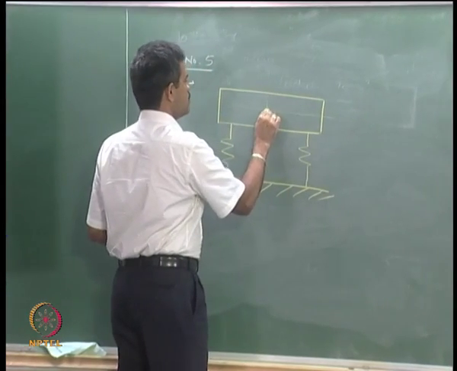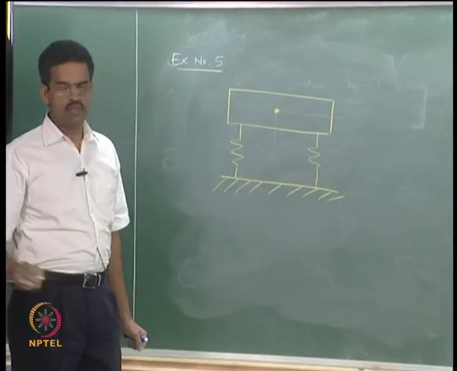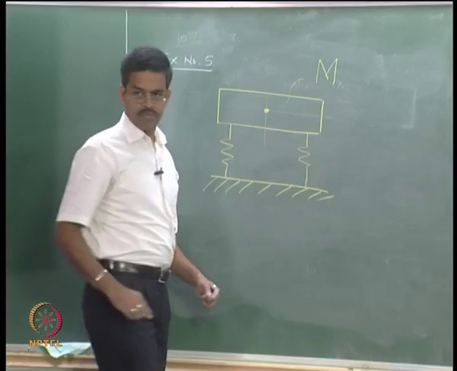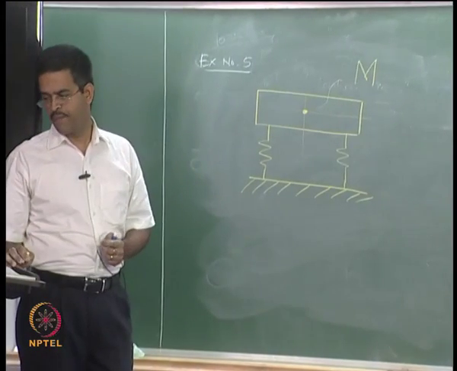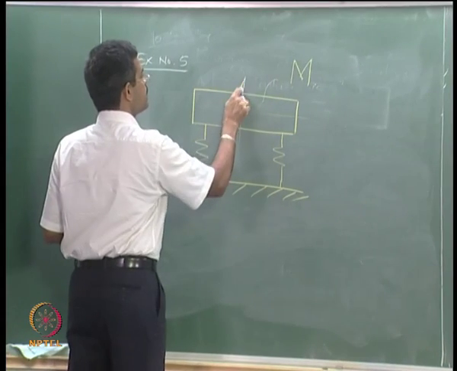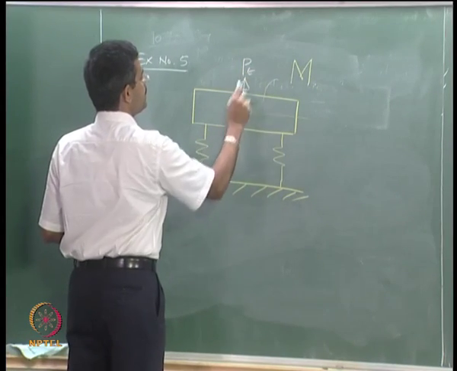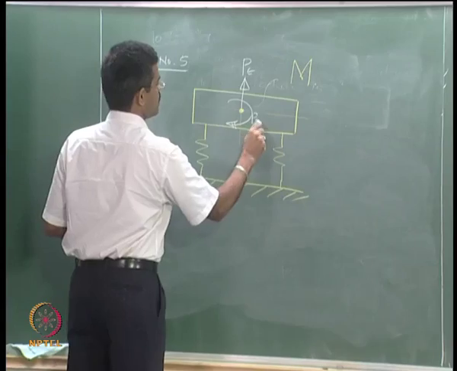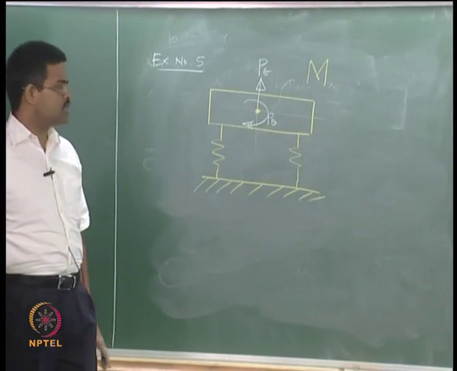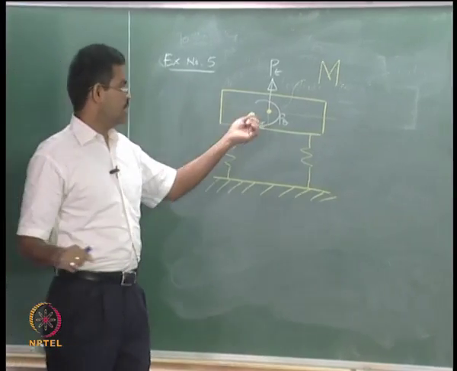Let us say this is my mass center, the total mass of the system is capital M. So I have forces applied here as Pt and P theta, these are the forces applied on the system. Obviously these forces are expected to be applied at the mass center,